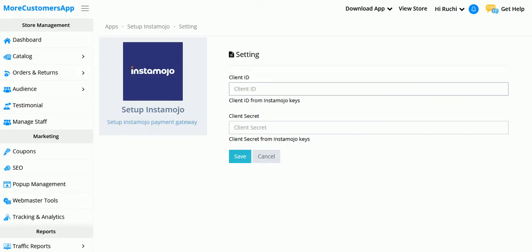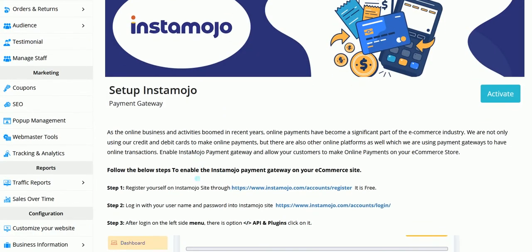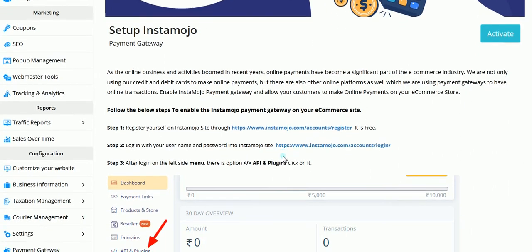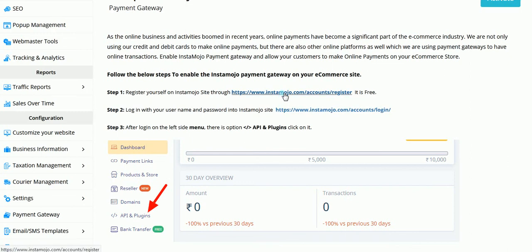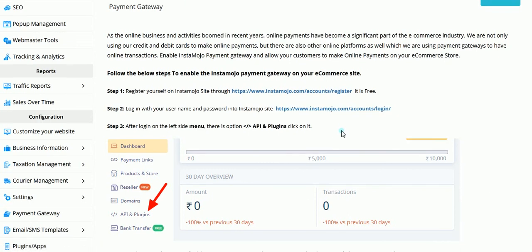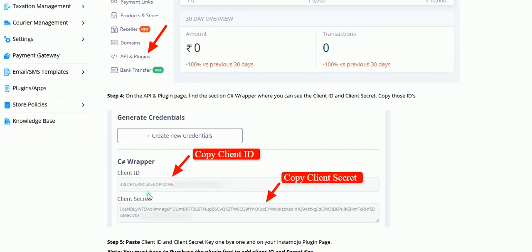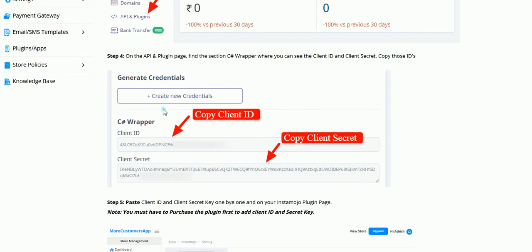Okay, now let's see what steps we have to follow for the activation of the account. After activating it, we need to open our InstaMojo payment gateway account. We will go to this link, create an account over there, and do all the KYC procedure. Once all the process is over, you need to go to the API and plugins section in the menu on InstaMojo. From there you need to create the